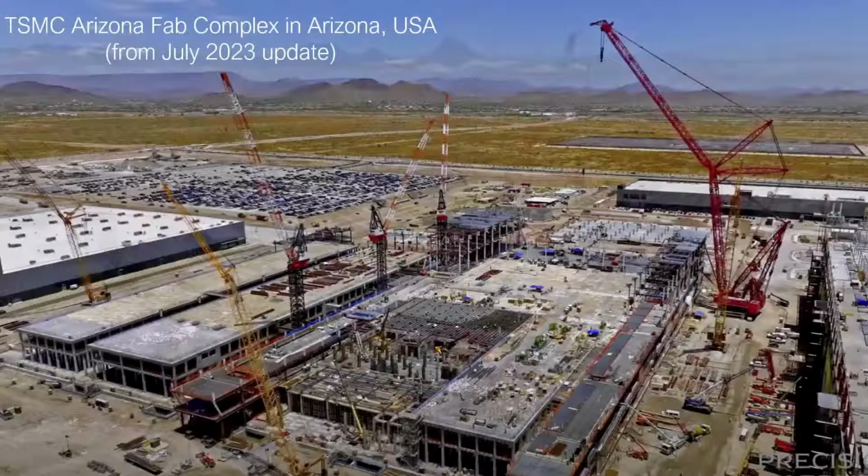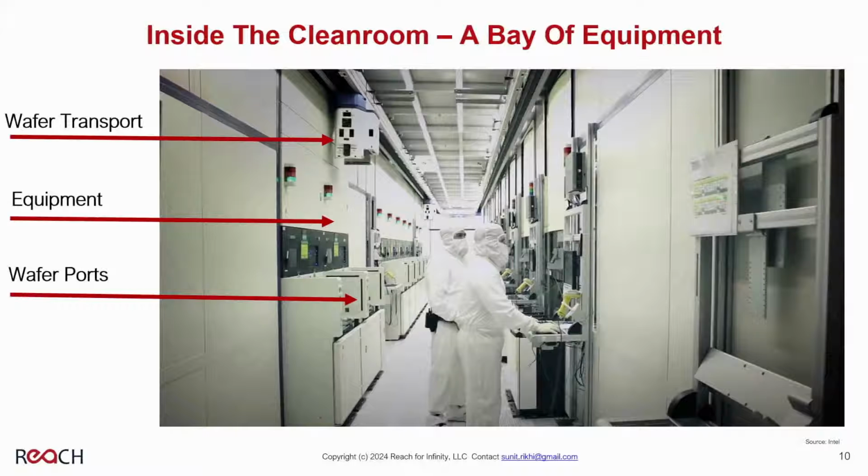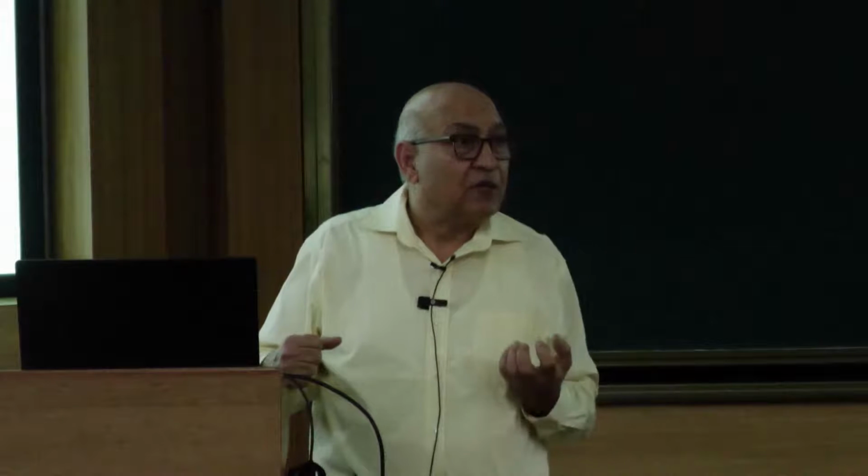Now let's go from the outside to the inside. So we're going into the clean room. In the clean room, you will see this row of equipment that is really boring looking. They are like refrigerators that you can't even open to see what's inside. They're just big blocks of metal, rectangular in shape, some wider than others, but they line up. And there's one thing in common with all of them, and that is wafer ports. So it's like going to your fridge and trying to open it, and you can't open it, but you can ask for milk, and the milk comes up.